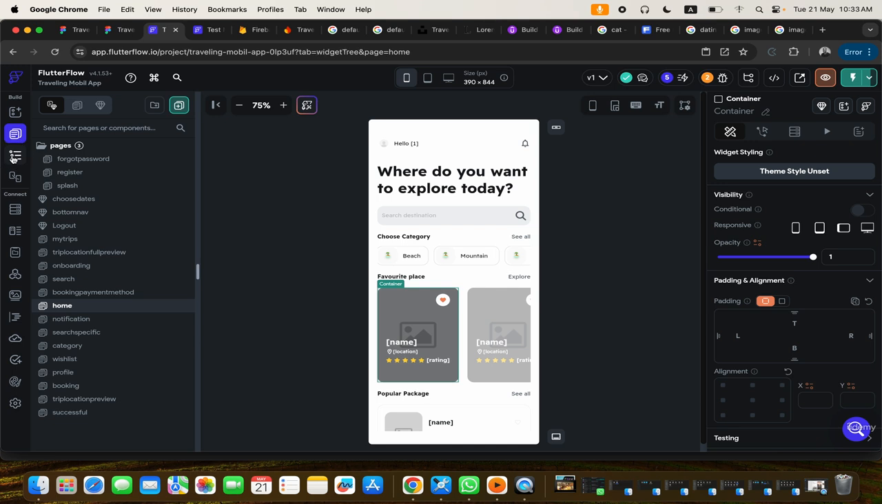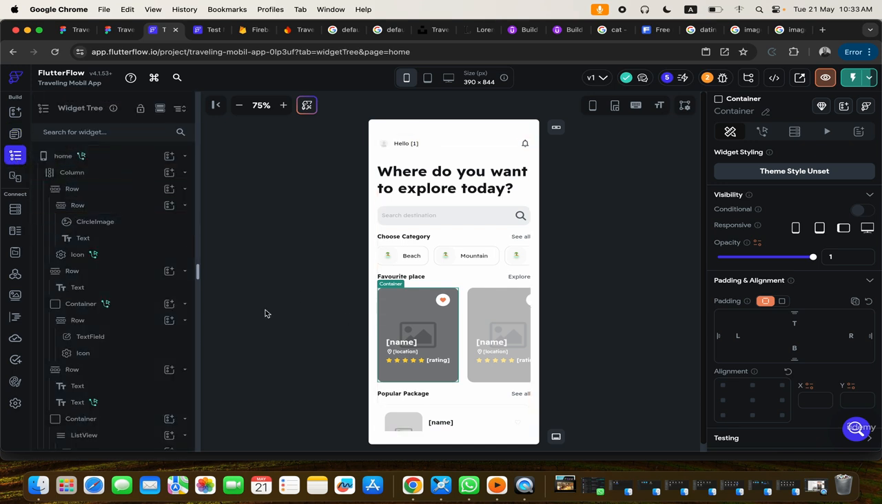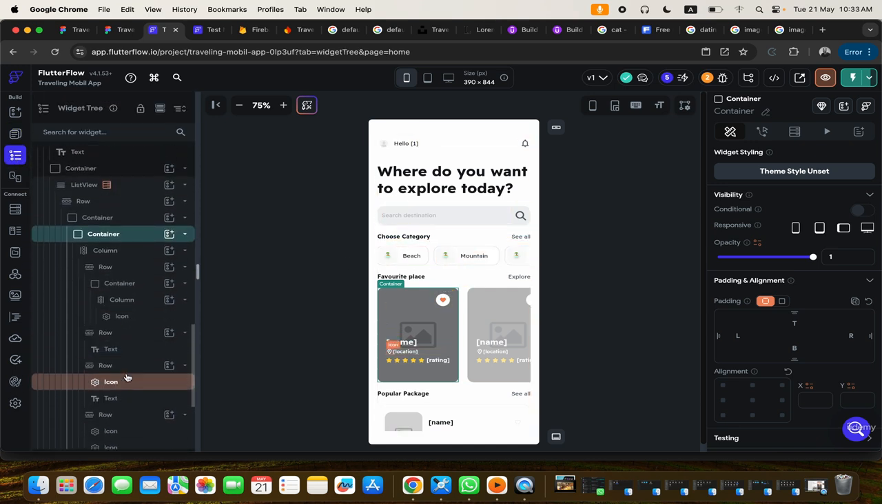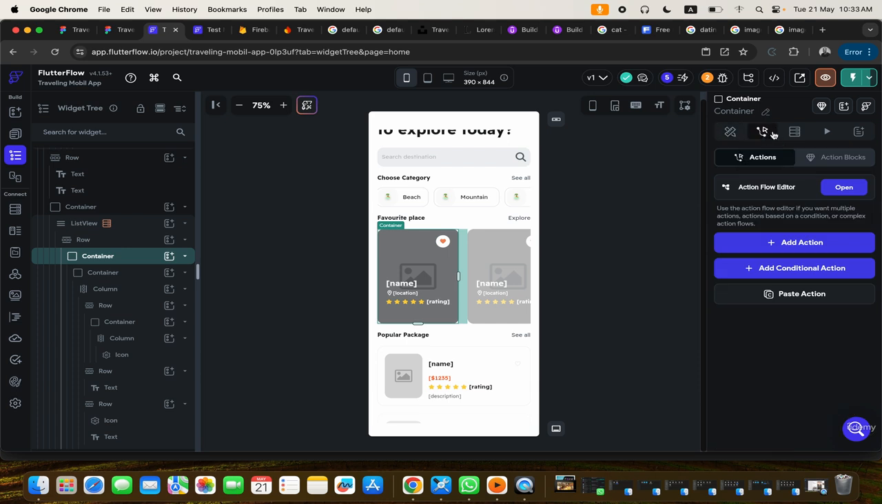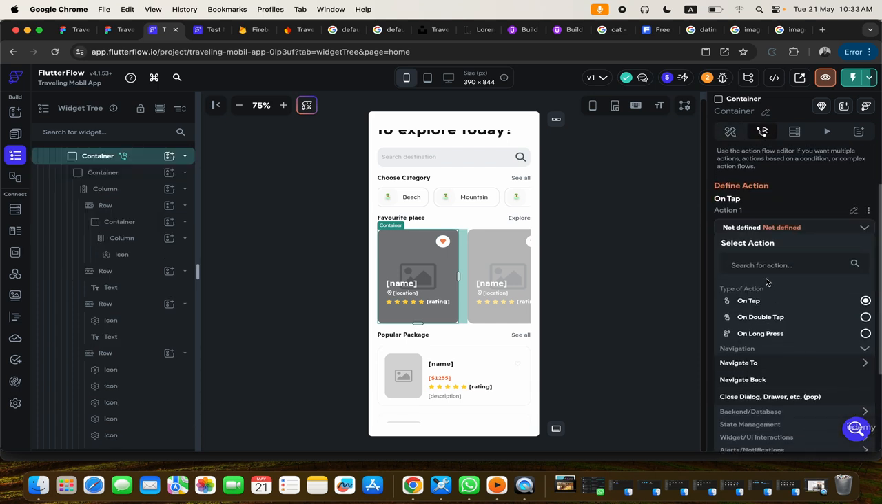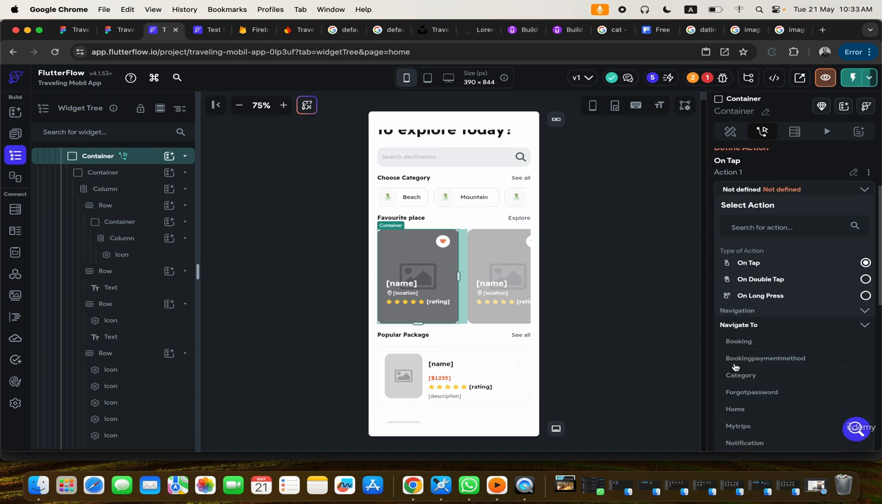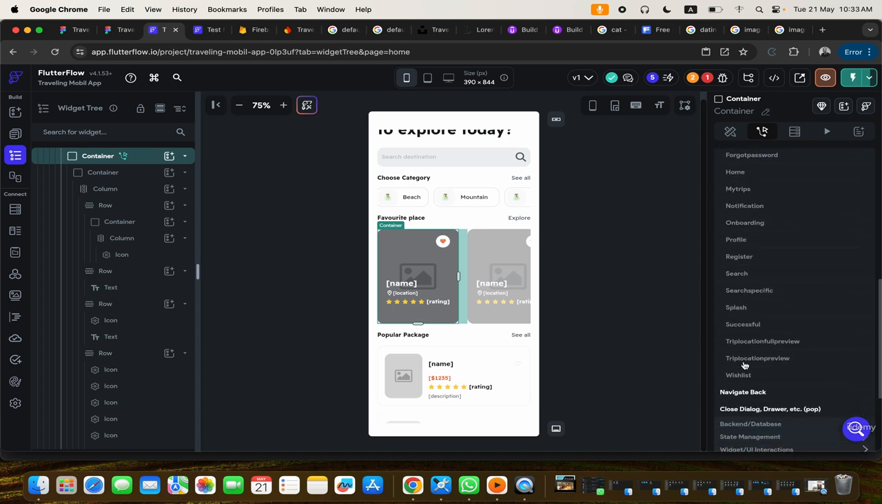We will come here to the widget tree. This is the widget tree that I have selected. Now when the user clicks on this, we want to take the user to another page. That means we have to add an action. So we're adding an action over here. We click to add an action. What kind of action are we adding? It's a navigational action. So we're going to say navigate to, and we want it to take the user to trip